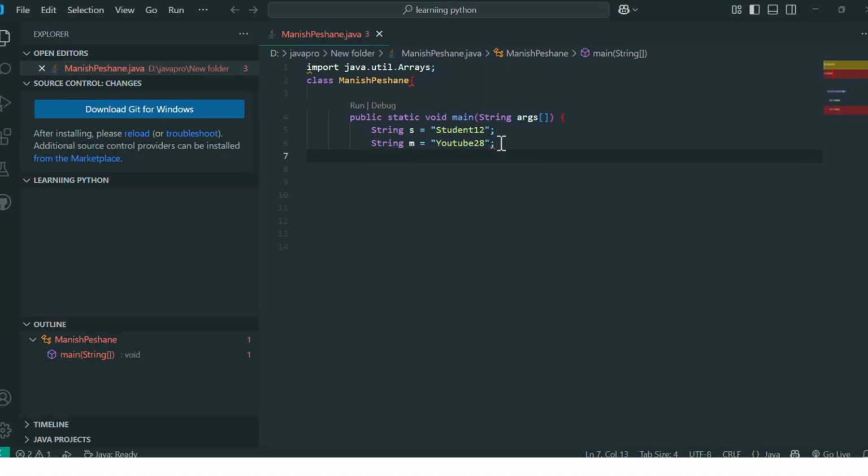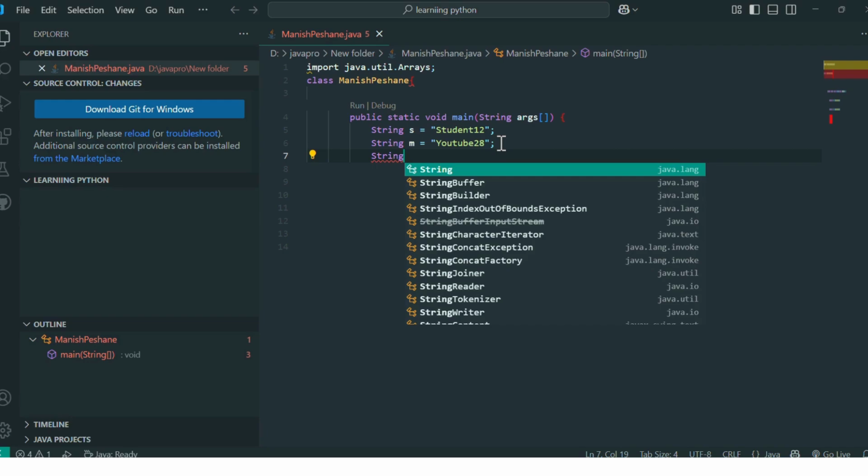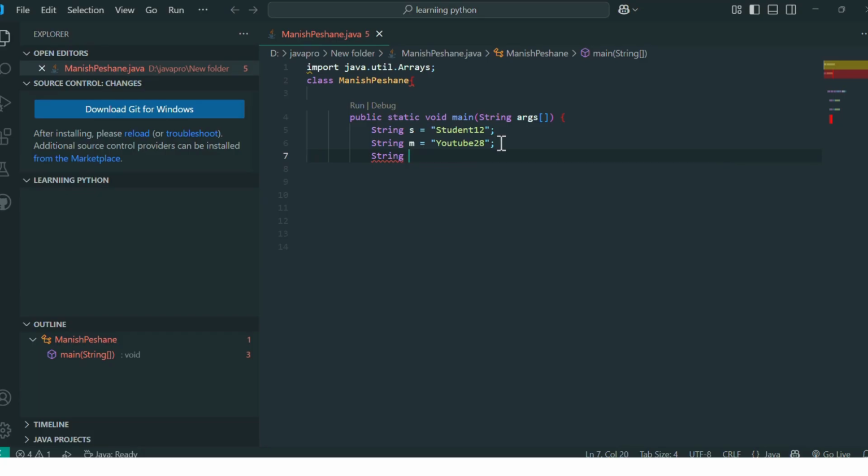Then we need to write one string, because we separately declare the alphabets here. We are separating numbers and alphabets. Student and 12 we are separating. Just like here, I am creating the s1 variable. Replace is a method in string. By using this method, we can separate the numbers and the string.